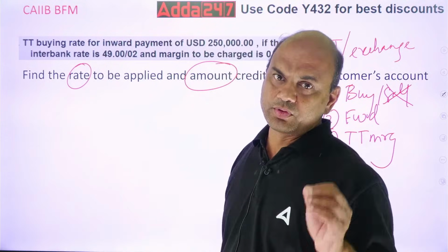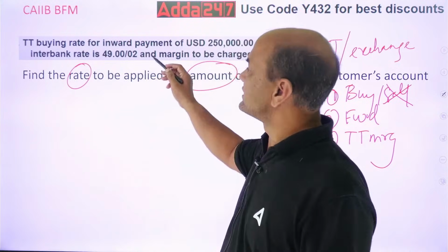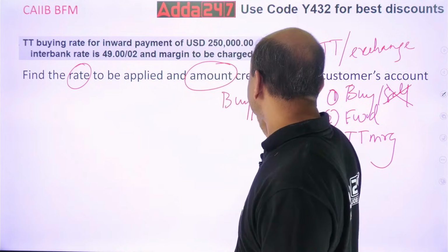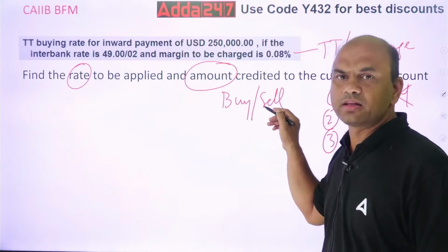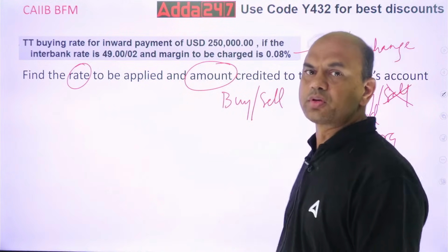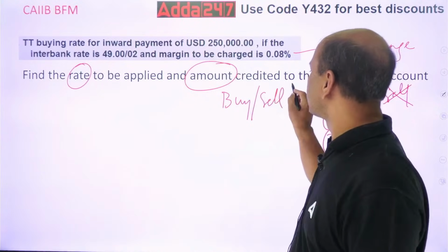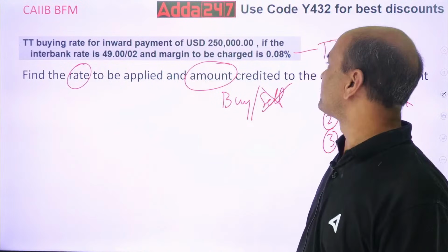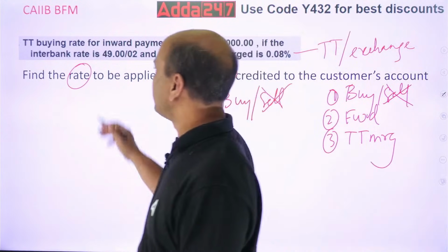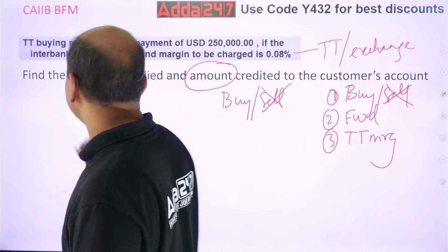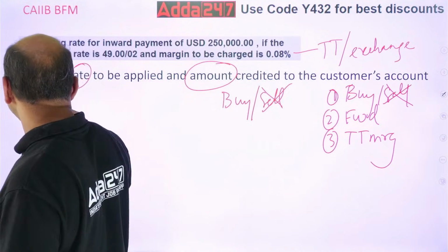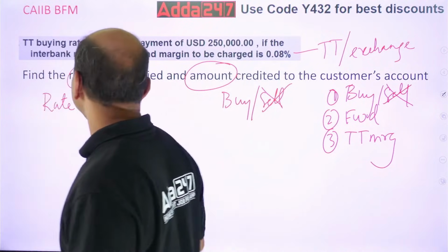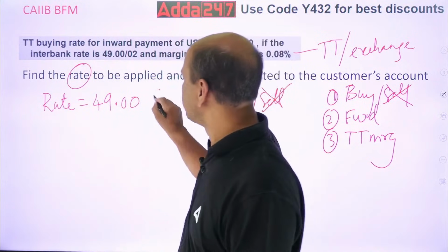Whenever we say use the buy rate, immediately cancel the right side. I have told you earlier also, buy and sell: right side is always sell, left side is always buy. So here I'm buying it, so cancel this sell. Right side everything cancel. So your rate becomes what? Interbank rate over here is 49.00. So bank rate equals 49.00. Okay? So this is the spot rate.